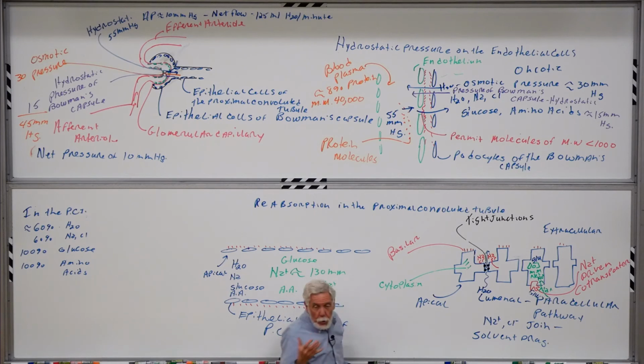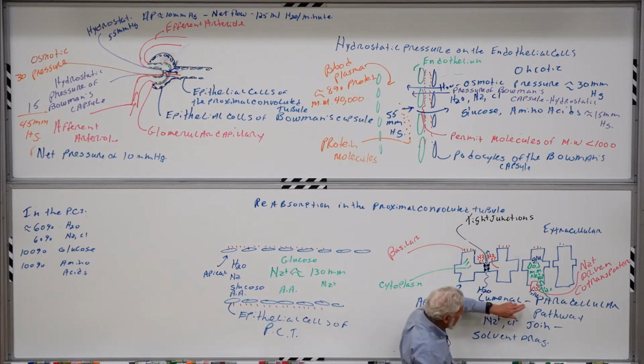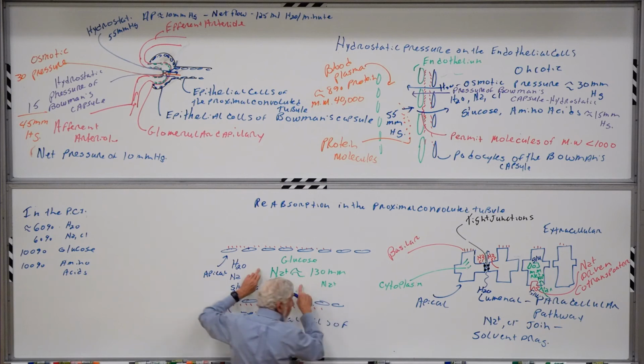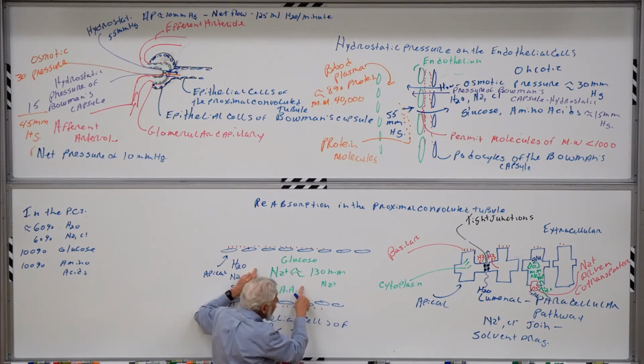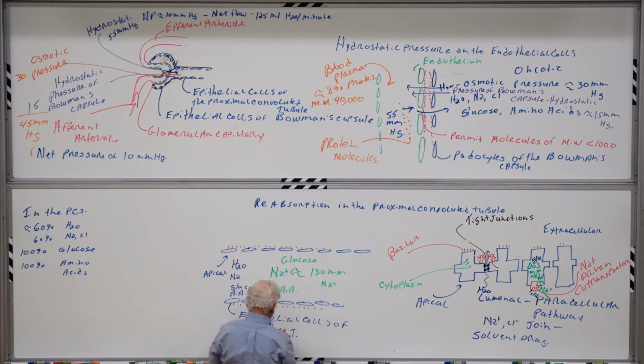We'll recognize what we're trying to do here. We don't want to get rid of glucose. It's much too important a molecule to us. So we need some way to move the glucose from the lumen of the tube here, the proximal convoluted tubule, into the extracellular space, back into